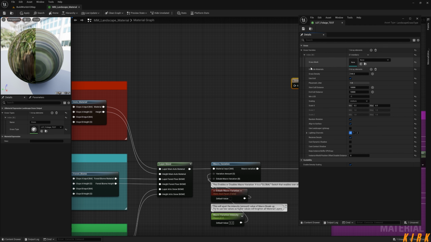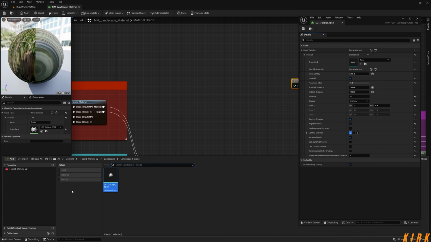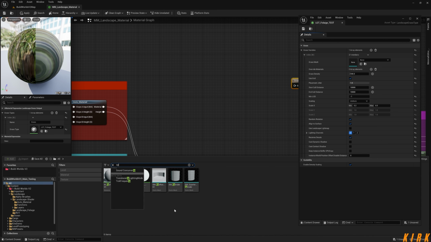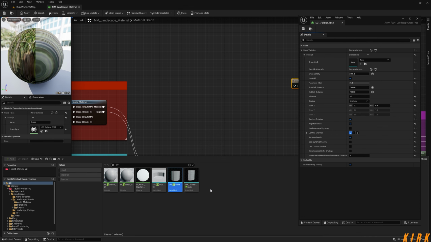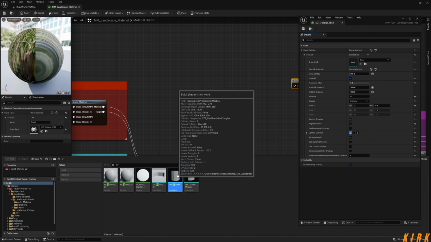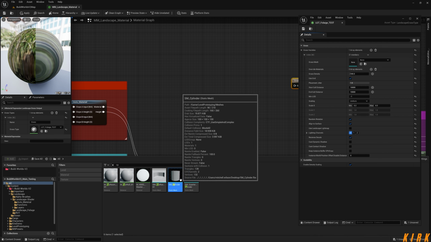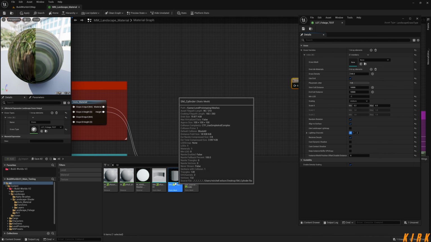I need to add the actor there now, so I'm going to come to the content drawer. I'm going to click on all and just type cylinder. And you'll see I get the engine version of a static mesh, which is a cylinder. I'm just going to click on that, left control and C. I'm going to make a copy of this. I don't want to utilise this or make changes to it in any mistaken way, and then it'll be broken